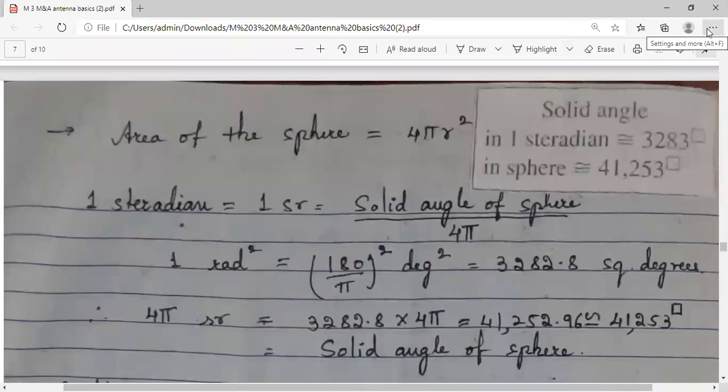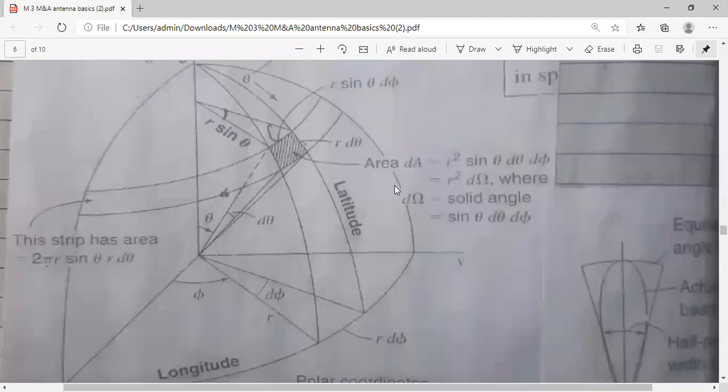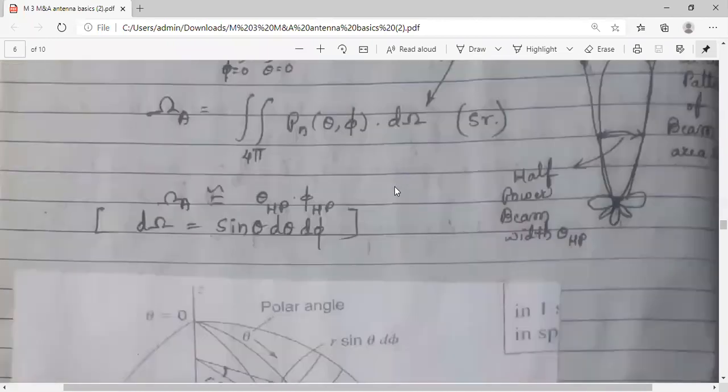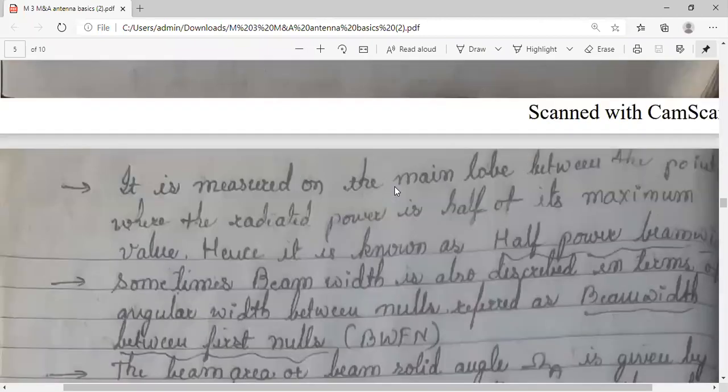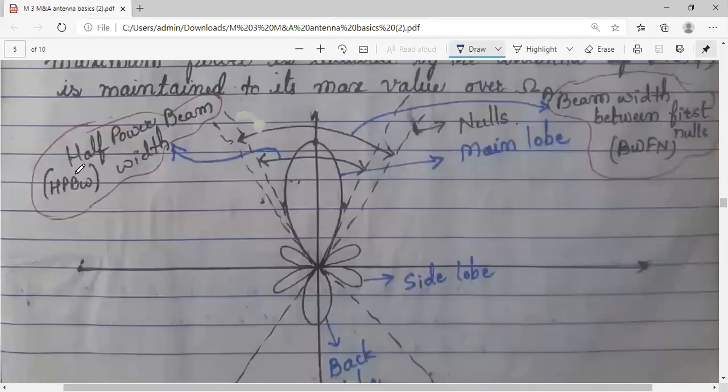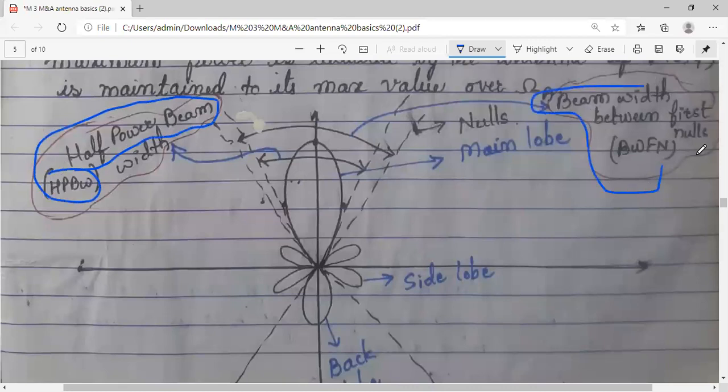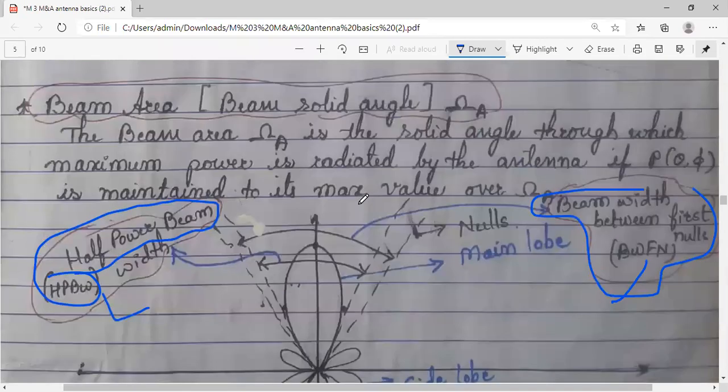In today's session, we will continue the discussion on antenna parameters. Before going for the next parameter, let us see a few basic problems, how we can find the half power beam width and BWFN. In the previous discussion, we have seen what is HPBW, half power beam width, and what is BWFN. If a pattern or the variation is given to you, whether you can find HPBW and BWFN. Based on this, we can see a few problems.